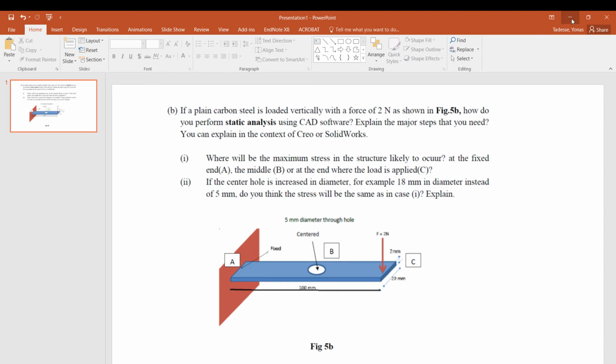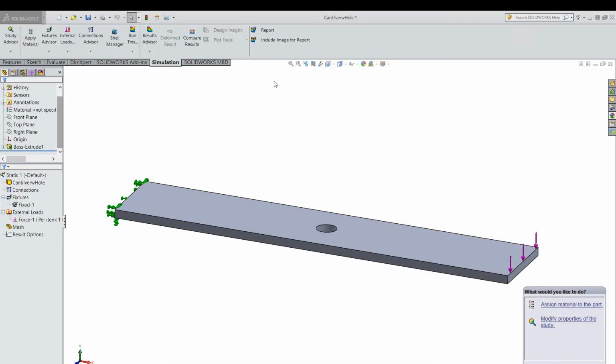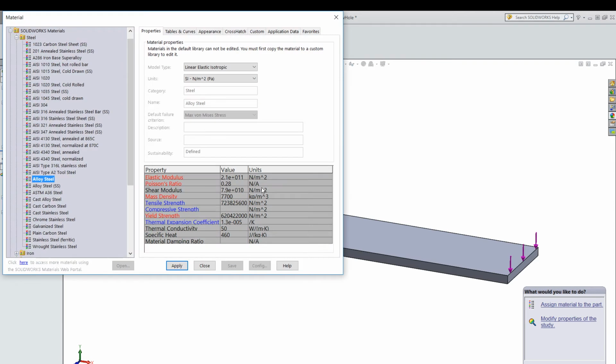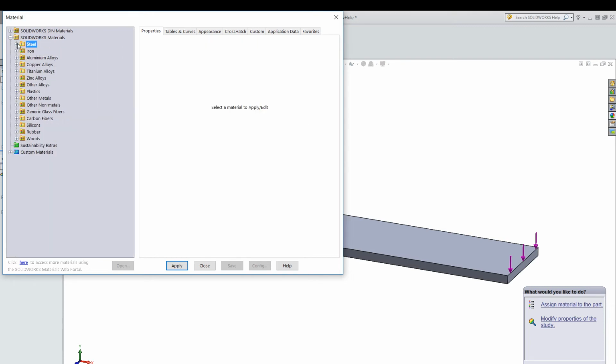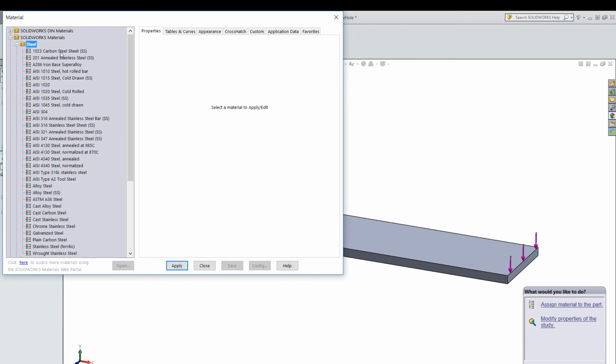Carbon steel, plain carbon steel. SolidWorks has a bunch of materials, so apply materials, then you select library file. So steel, plain carbon steel, carbon fiber, silicon rubber, steel, carbon steel, plain carbon steel, annealed stainless steel are here. So let's select